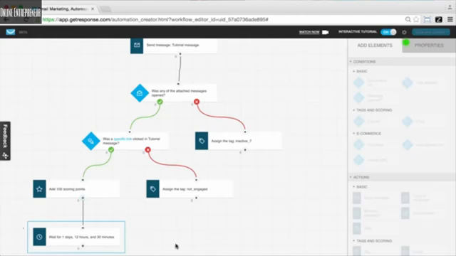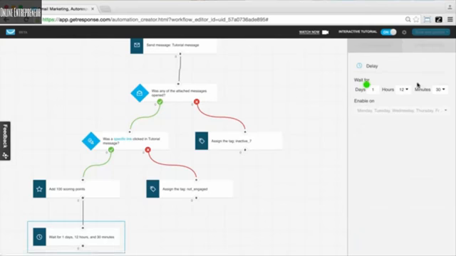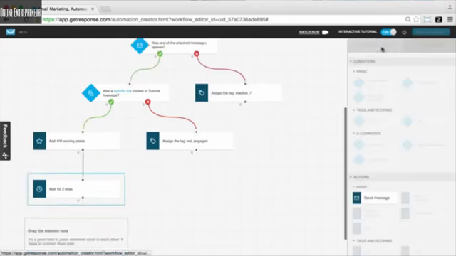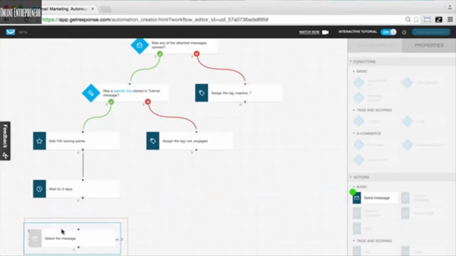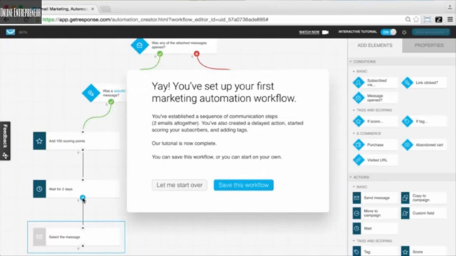And so we moved over the wait action, but we need to go over to properties and define how long we should wait. So let's simply say, in this case, we want to wait 2 days. And so we could do this here. So after we've added 100 scoring points to our clickers, we're going to wait 2 days, and then we're going to send them another message. So dragging over the send message action, connecting it to our 2-day wait period,